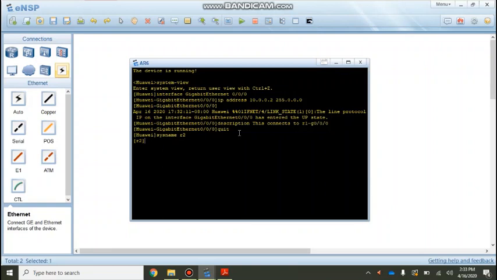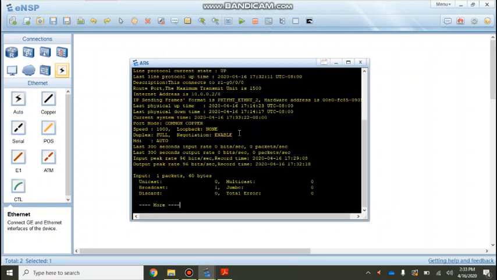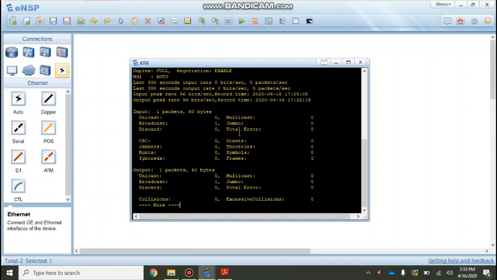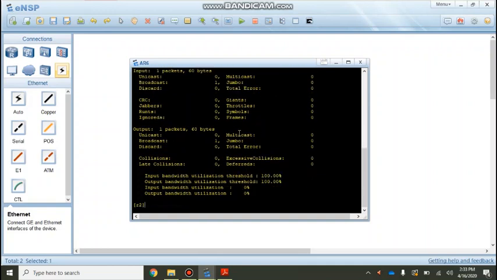We can display that configuration by typing the display interface command, which we discussed in the previous router also. Display interface gigabit ethernet 0/0/0. So all the configuration will be shown here. So configuration is done on both the routers. Now we want to connect these two routers and show if they are connected to each other and they can communicate with each other. For that we use the ping command.